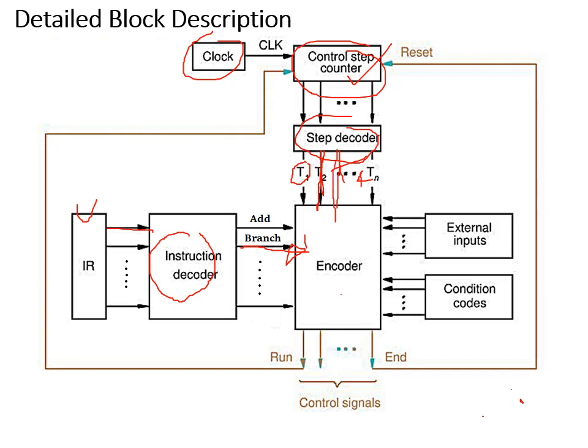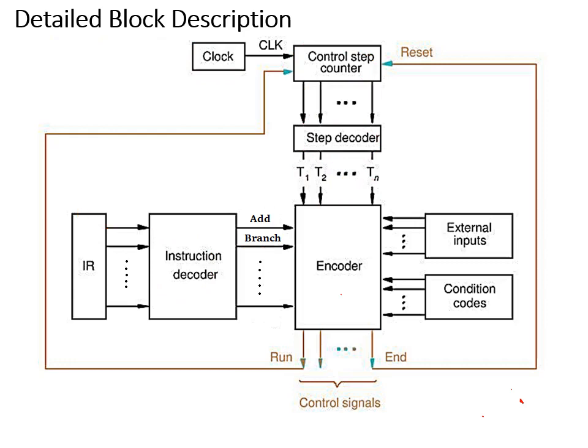So based on that, the decoder can understand which clock cycle is running. Also, from the left side, here you can see the encoder. The actual encoder gets the information about which clock cycle is running from the step decoder, and which instruction it is from the instruction decoder. The encoder is nothing but, for various basic steps, separate small logic circuits we have written using AND and OR gates to generate the control signal.